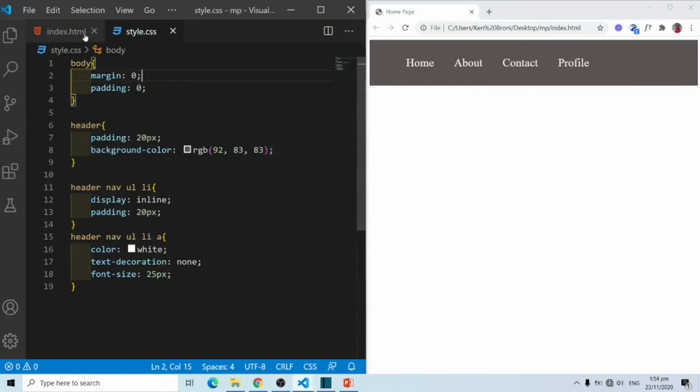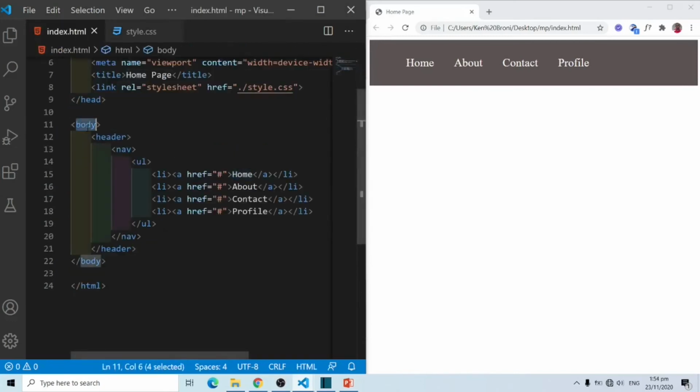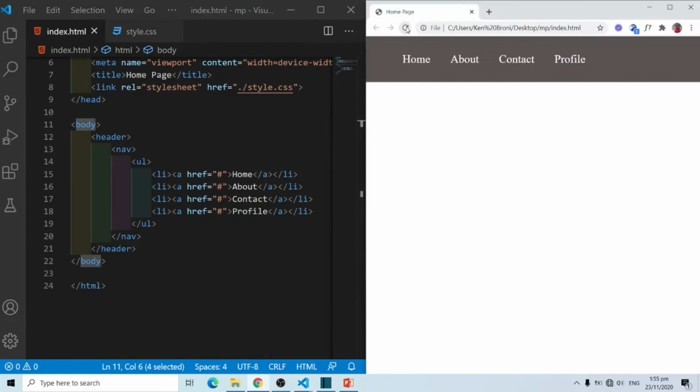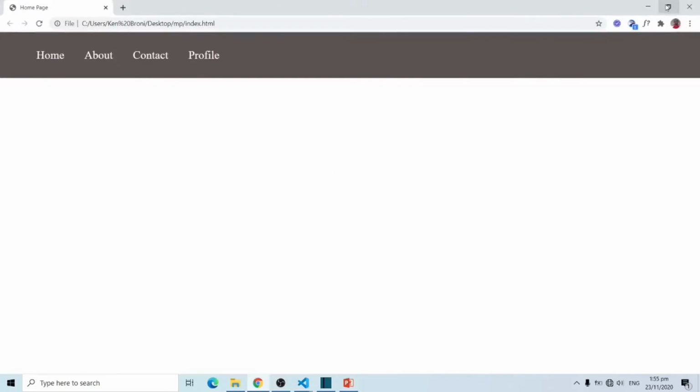So all that you are trying to say is you want to grab this body tag and apply a margin of 0, padding of 0. That means you don't want to see these small white spaces around. So when you refresh, you can see that they are gone. And that's basically what we have over here. So this is stretching all across. And this is basically what we see in a number of websites as far as using margins and paddings in